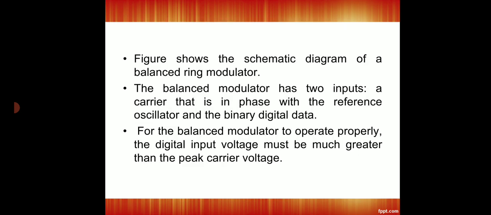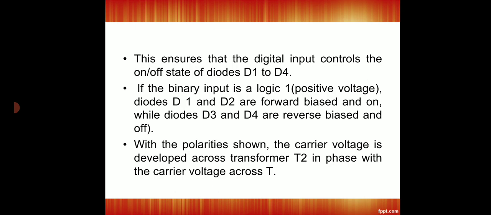The above figure shows the balanced ring modulator. This modulator has two inputs. One is the carrier, in phase with the reference oscillator, and the other is the binary digital data. For the balanced modulator to operate properly, the digital input voltage should be greater than the peak carrier voltage, ensuring the digital input controls both the on and off states of the diodes, that is from